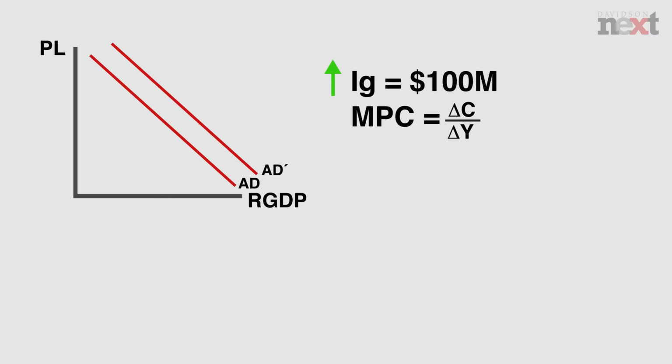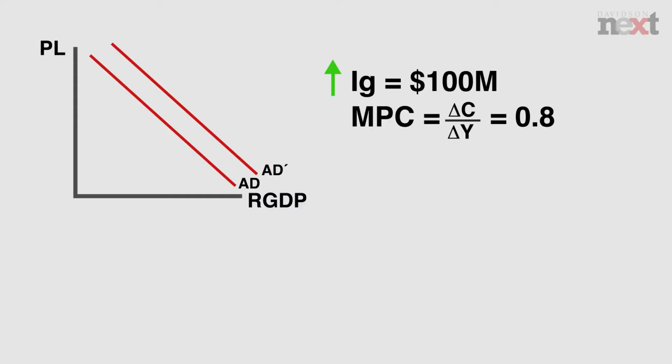Let's assume that the marginal propensity to consume is equal to 0.8, meaning that for any change in income, they're going to spend 80% of that and save 20%. So in this case, if the businesses spend $100 million, then the recipients of that income are going to increase consumption by $80 million, which would shift the aggregate demand curve to the right by another